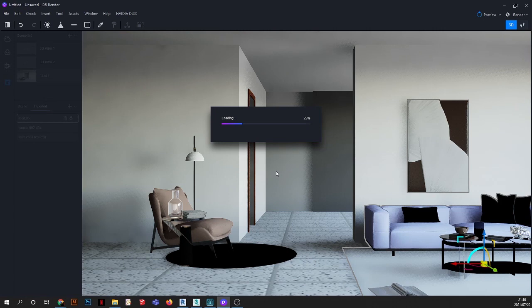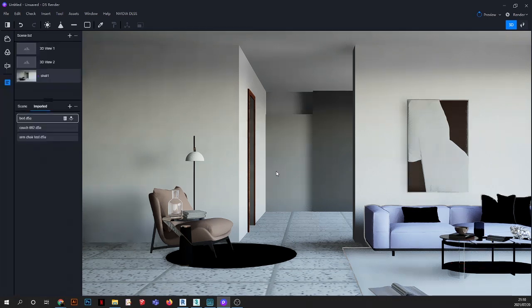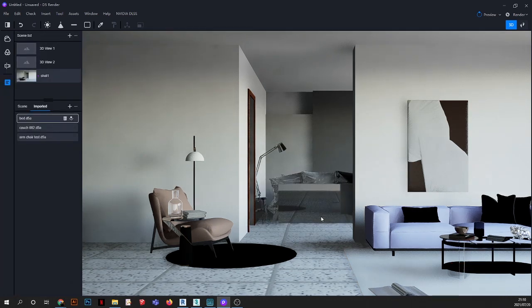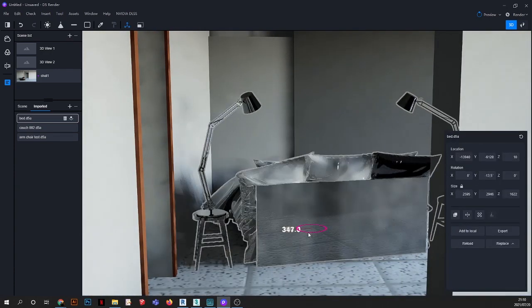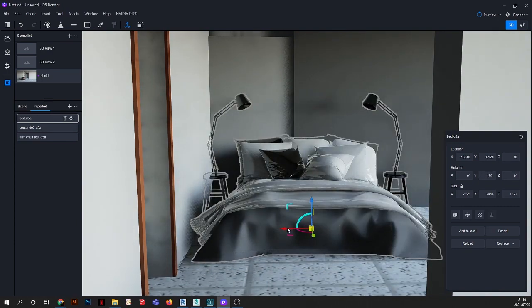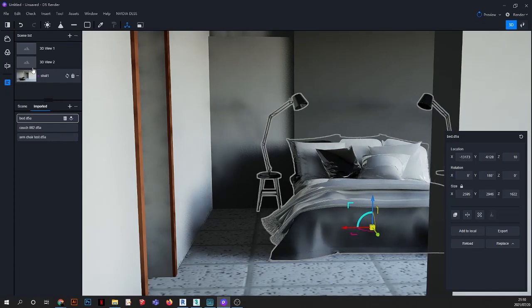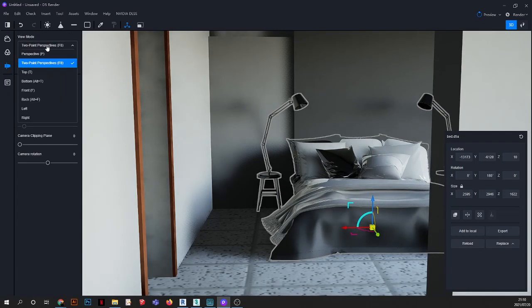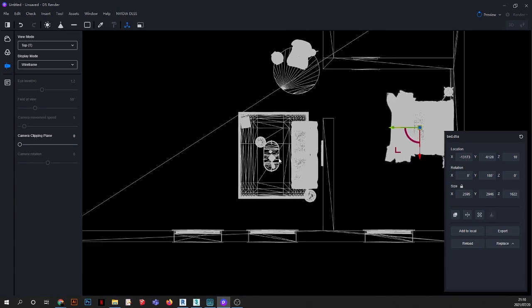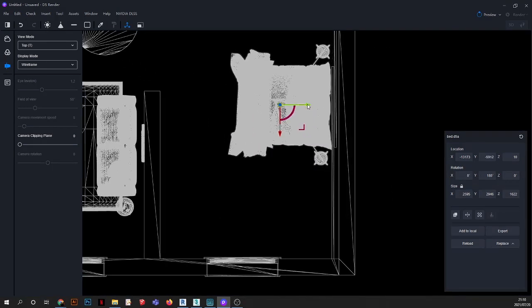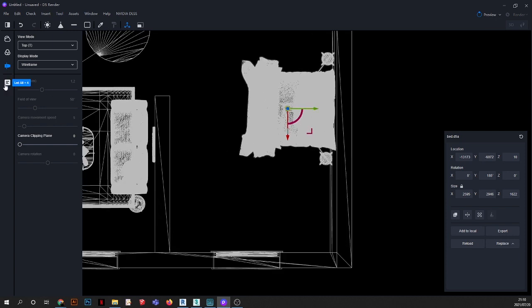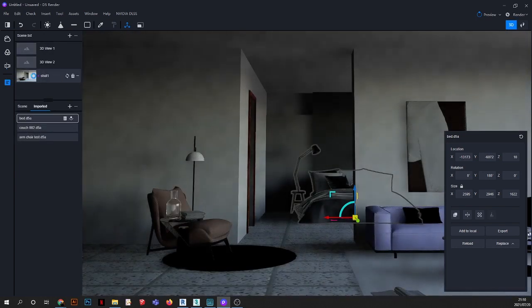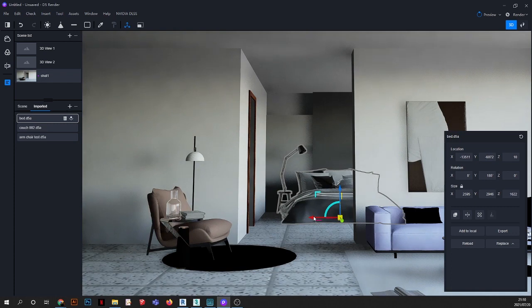And I use 3ds Max for this asset and this component also because the quality of these models is really nice. I'm going to rotate that. Okay, and then I'm going to move it there. Again, I'll go to the top view so that I can be precise. So I'm going to go there and just make sure that it is not hidden in the wall. Okay, I'm going to move it a little bit this way. Okay,